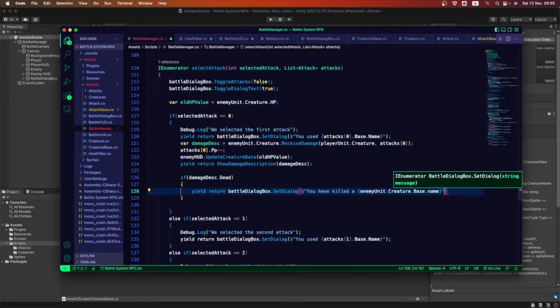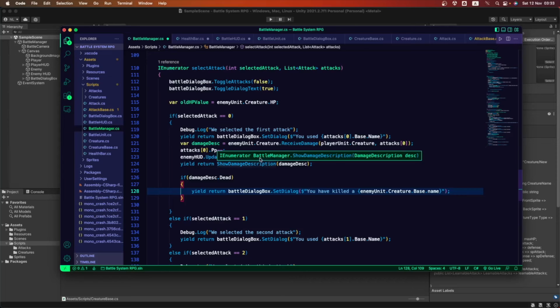Here is where we say we killed that creature with this attack. We want to know if damage desk is dead, and that is coming from the creature received damage, which gets the info from the health points if it is down to 0. So that is where we do that.